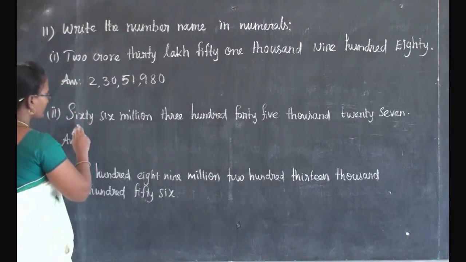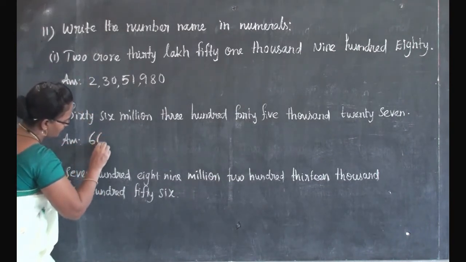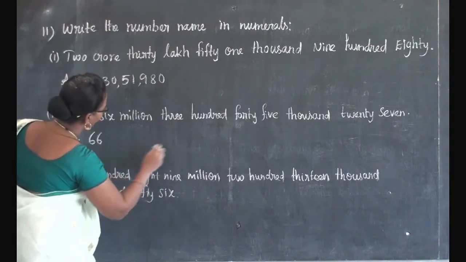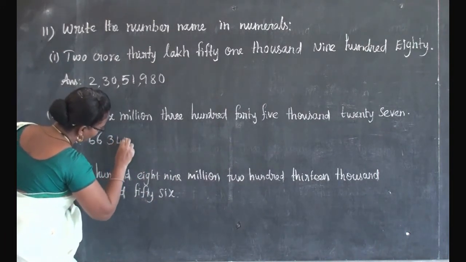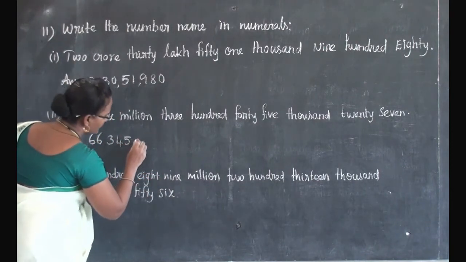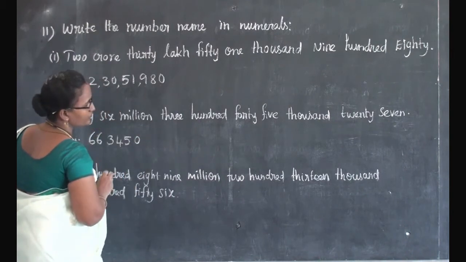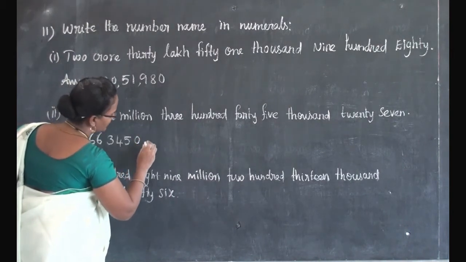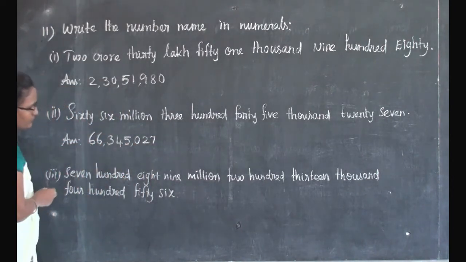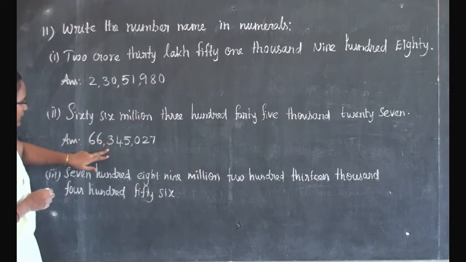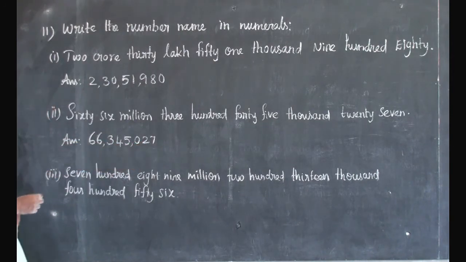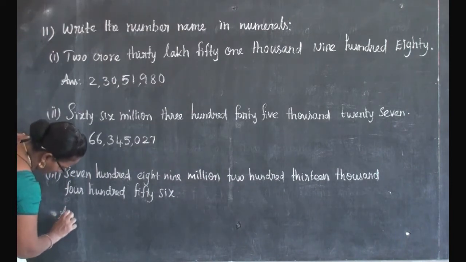66,345,027. 66,345,027. 100 is not there, so put commas for the zero, and then 27. So 66,345,027. And the last one,